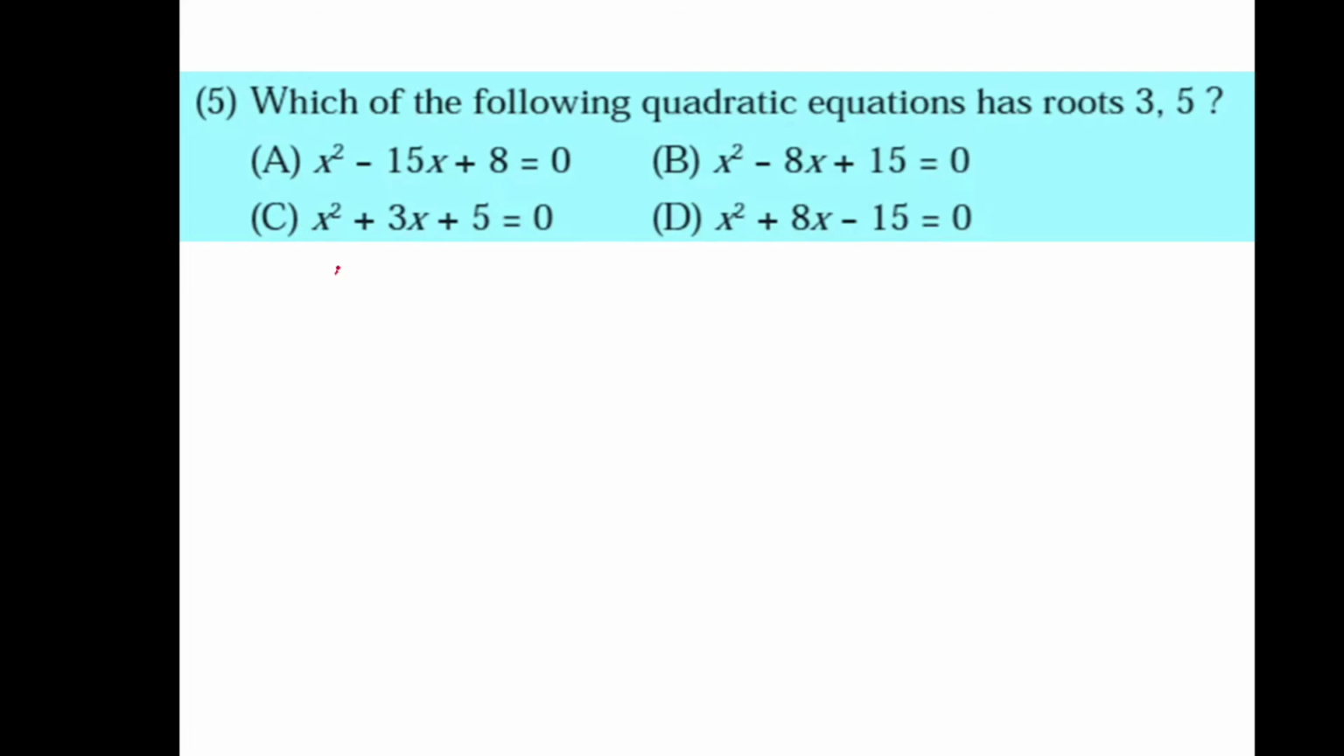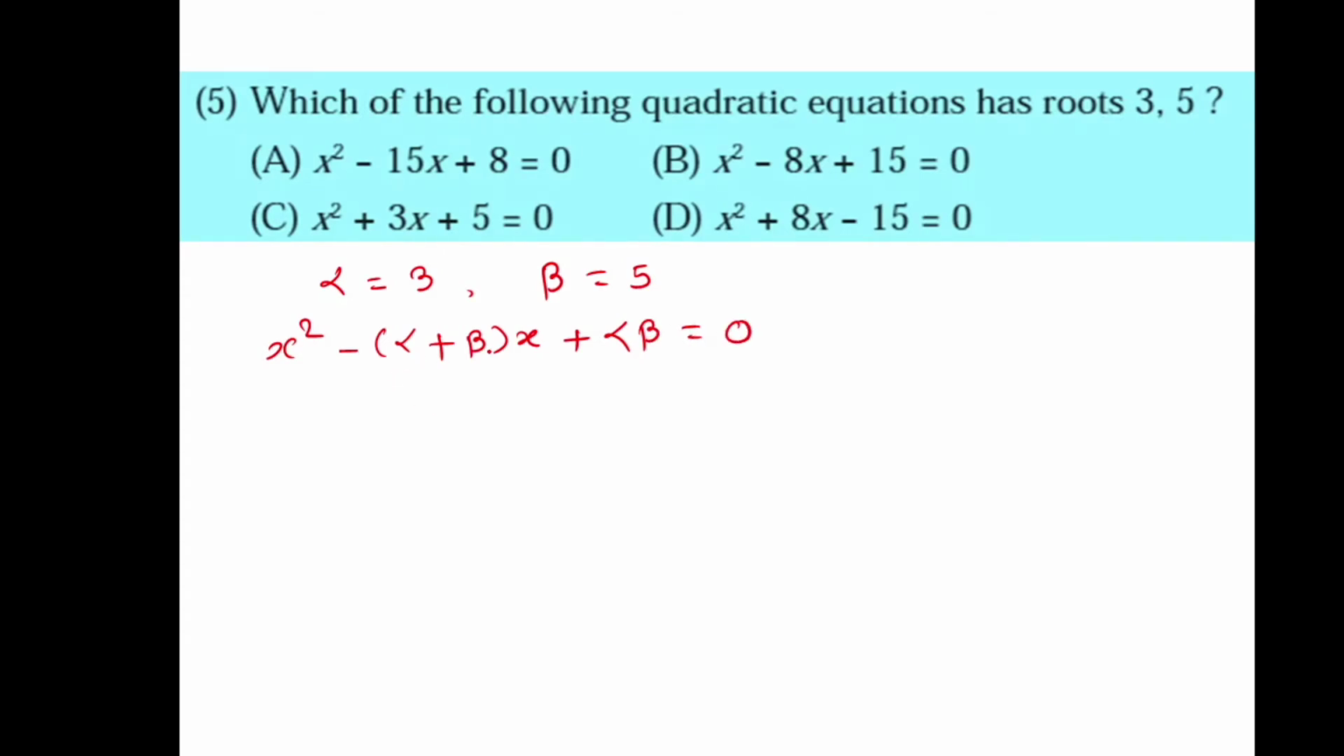So suppose these roots are alpha and beta. That is, let alpha is equal to 3 and beta is equal to 5. Now if the roots of a quadratic equation are given, suppose those roots are alpha and beta, then that quadratic equation can be expressed as x square minus (alpha plus beta) into x plus alpha beta is equal to